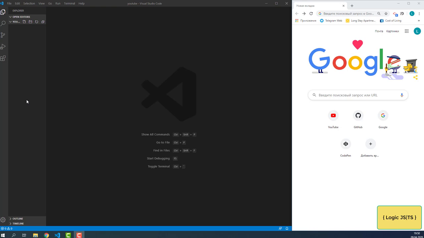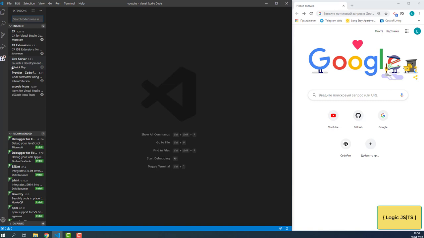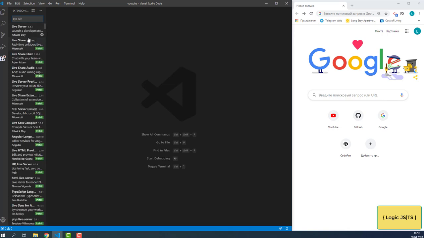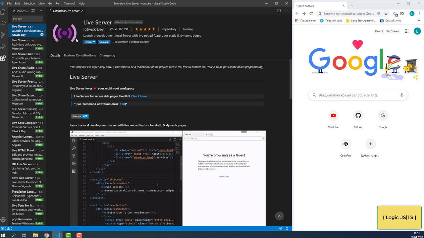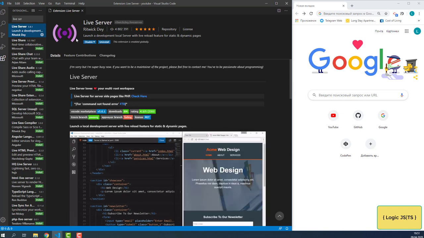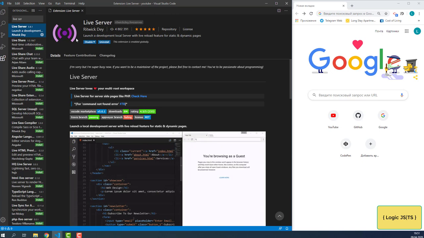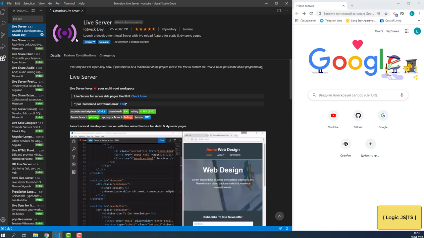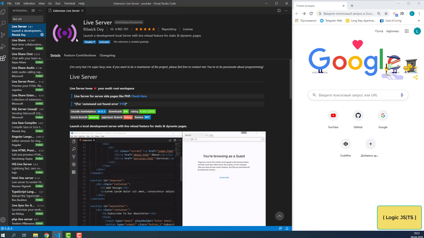First, I want you to install the Live Server extension, and you should use the VS Code editor for that. Just go to extensions and type Live Server. I have installed this one because it gives one powerful feature out of the box. It is hot reloading, and as we will use Google Chrome, we will be able to use newer features in JavaScript. It is 2020 outside,